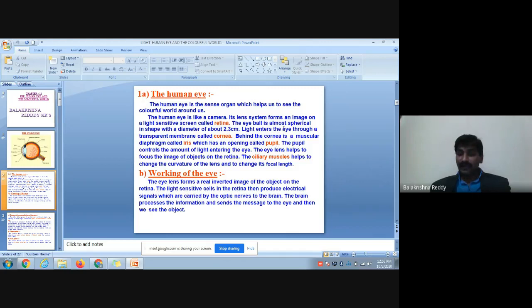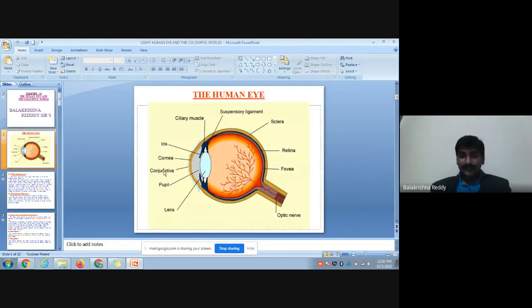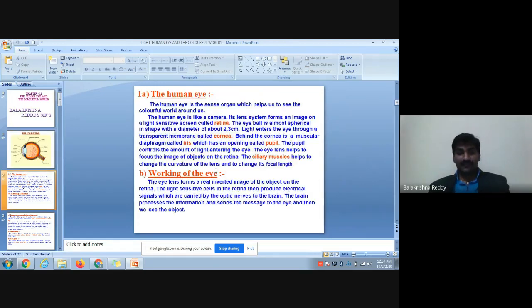plays a greater role. Now, the eye lens helps to focus the image of an object on the retina, because we were discussing it in the previous slide. Through the cornea and the lens, if the lens is placed at a suitable position, then the light rays entering the lens converge properly on the screen of the retina. The image will form on the retina. This is because the distance between the screen and the lens must be fixed, and it should have a suitable focal length.